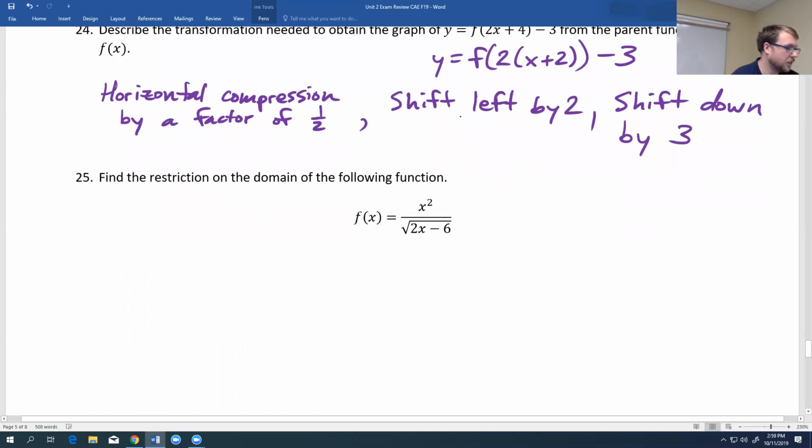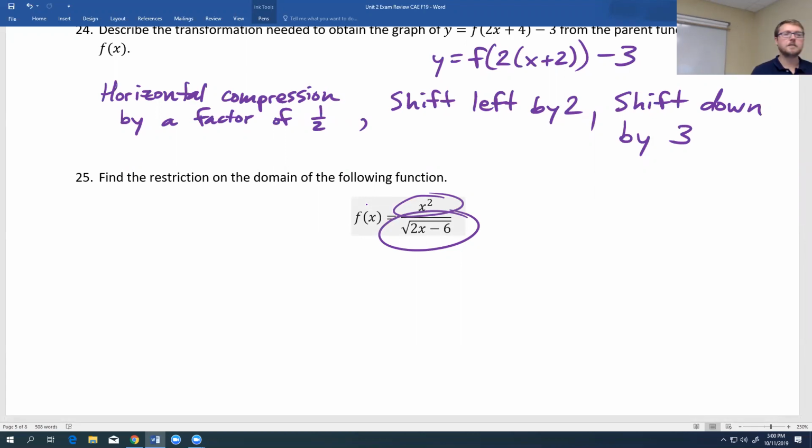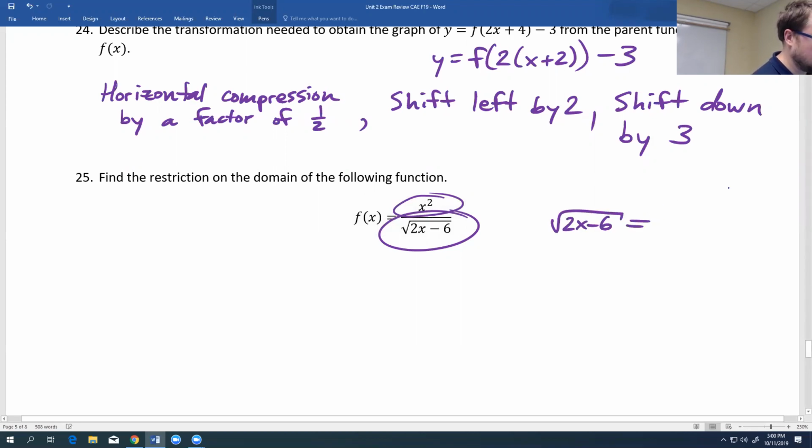All right, find the domain restriction on the domain of the following function. Okay, I'm going to look at the top part first. Is that going to do anything bad, like divide by 0 or take the square root of a negative? No. Now we look at the bottom. That can do some bad stuff, right? What do we not want to happen if something's in the denominator? It can't be 0. So we can't have 2x minus 6 equal to 0. And if it's inside a square root, we can't have 2x minus 6